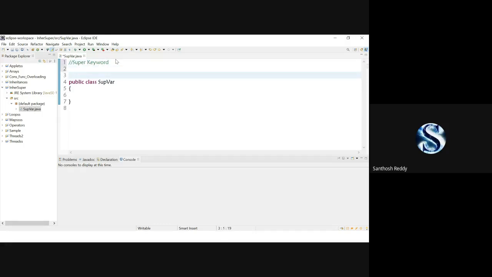Can anyone say, in the earlier classes, what different keywords you have learned? As per my knowledge, you have learned two keywords. May I know what those two keywords are?